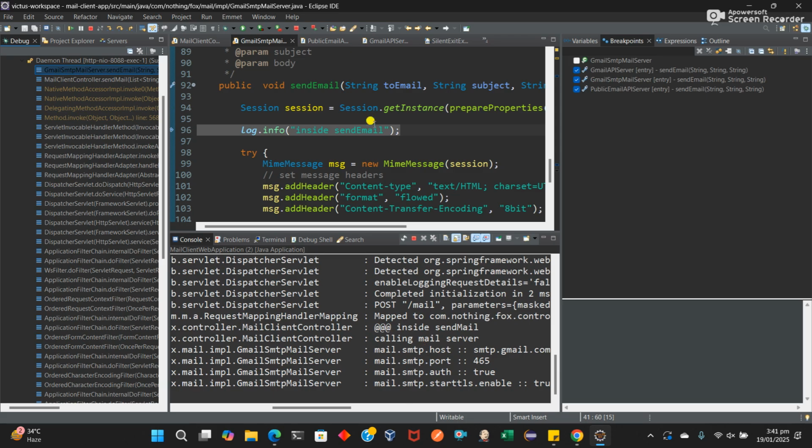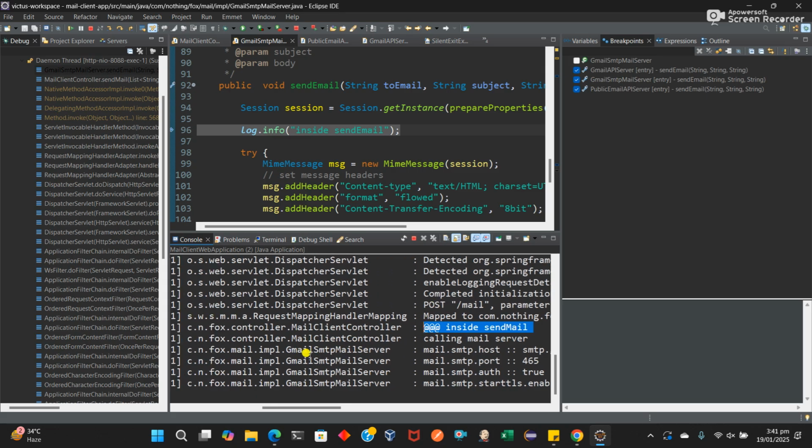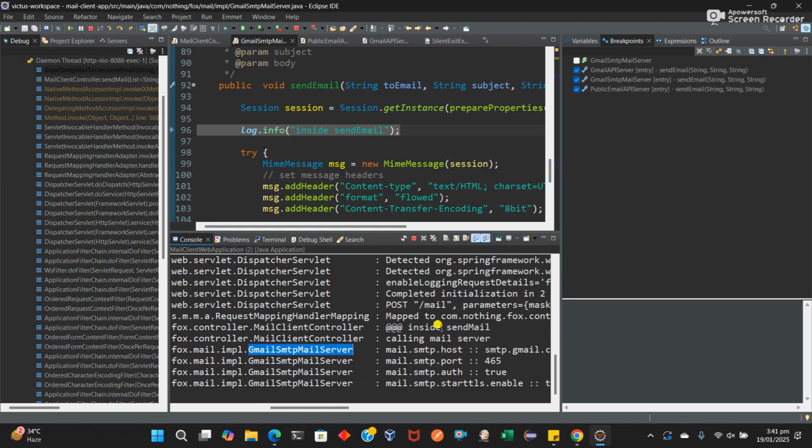Right, so we've called our files. Let's go into the next line. Run this logs. I think it's also calling this within the mail client controller. But right now we're inside our Gmail class file, so that's what we're going to see. We have to fix this. So let's go ahead and